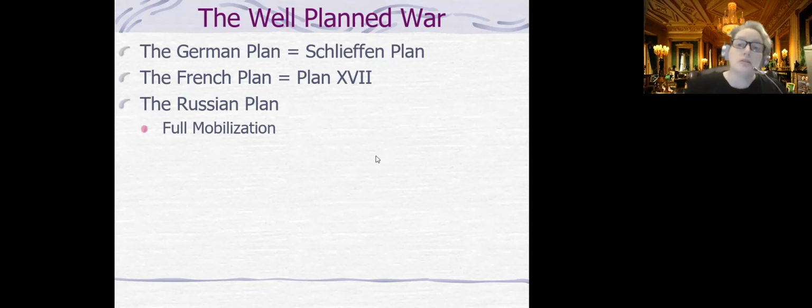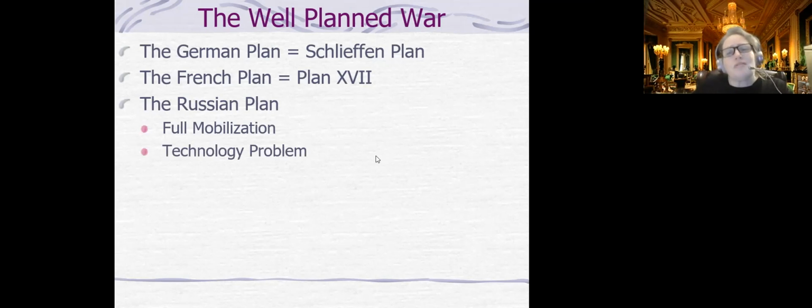And when we're talking about causes of the war, one of the causes is all the alliances and the Kaiser's diplomacy. But it's also this, where we've decided this is how we're going to fight the war. We've had our war game. This is what we're going to do, and that's it. Never mind that there are different circumstances. And of course there are circumstances when you don't need to mobilize the full border, but don't tell the Russians this. And of course they also have a technology problem. And the bigger problem is a lack of railroads in some places, though they have a lot more than they did when they fought in the Crimean War in the 1850s.